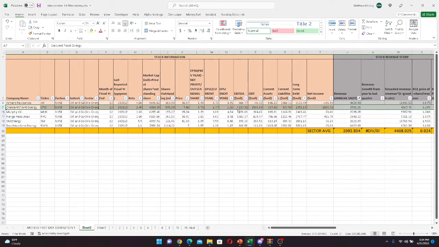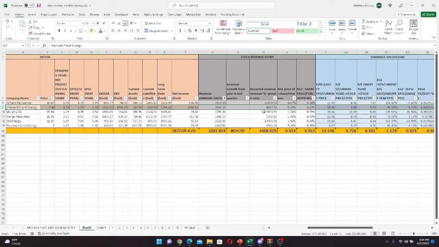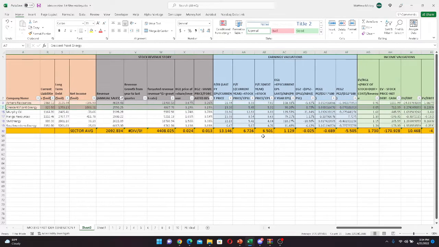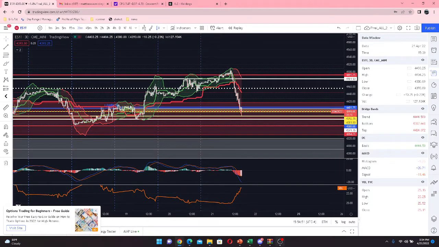EPS, we already checked out the EBIT and the EBITDA. We checked out the revenue. We see that there's revenue growth. We checked out already the PE ratio. PE's increasing and above sector average, and so forth, right? So we need to figure out the volatility play here, right? So we pull up,